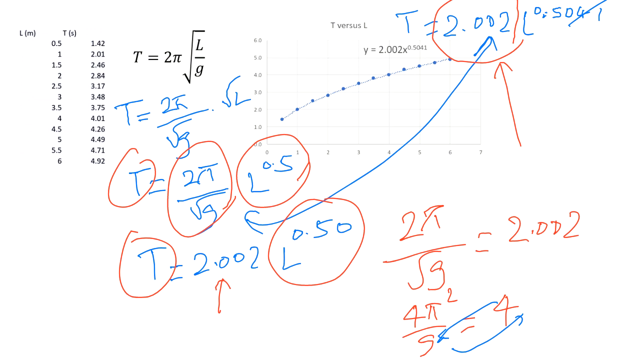So you'll figure out how much G is. It's basically 4 pi squared over 4, and you should get something very close to 9.8. That's the way you get G in this particular example, using the coefficient of the power fit. All right, next I'm going to show you